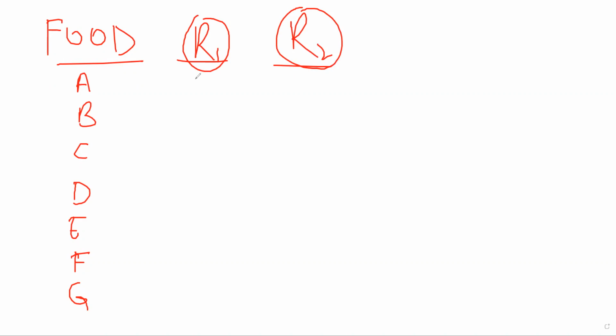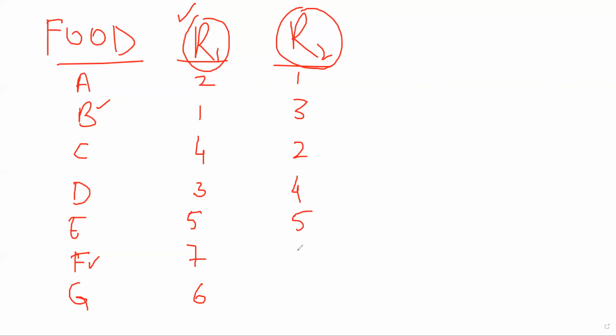Let's suppose R1 is 2, 1, 4, 3, 5, 7, 6. These are the ranks. What does this mean? R1, the person who gave rank 1, let us suppose it is Jayanti, she liked dish B the best and disliked dish F the most. She did not like dish F at all, that is why she gave it the lowest rank, or maybe out of all seven dishes, it was not as good compared to the others, and dish B was the best. If you take R2, let us suppose Lakshmi ranked it like this: 1, 3, 2, 4, 5, 6, and 7.